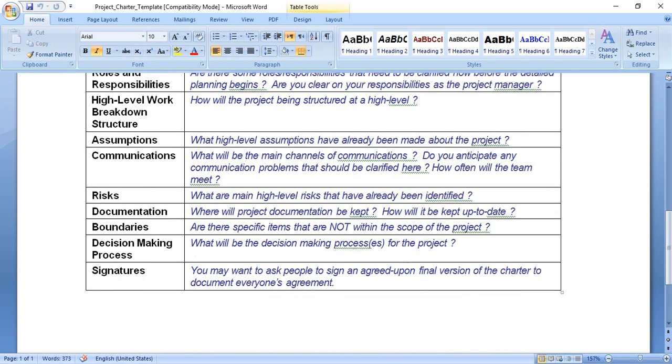Then we come to the risk point. We talked about the risk point before. We have to know what the main high level risks are that have already been identified, and we can use a risk rating.